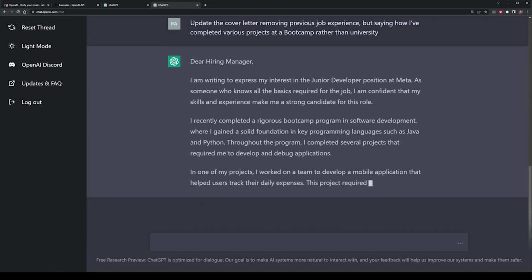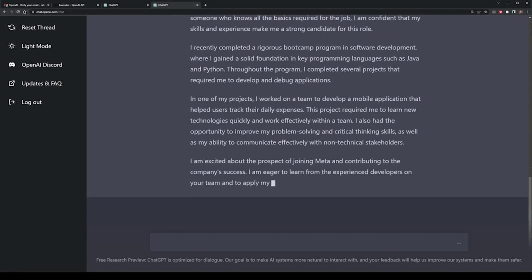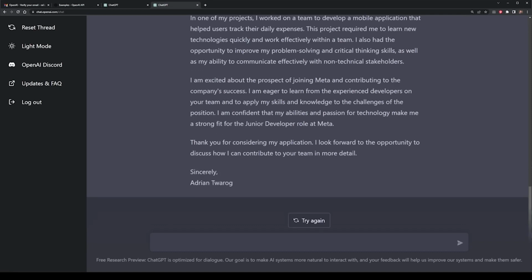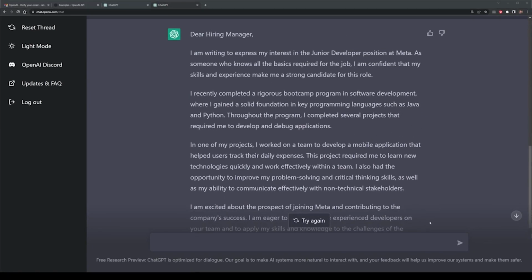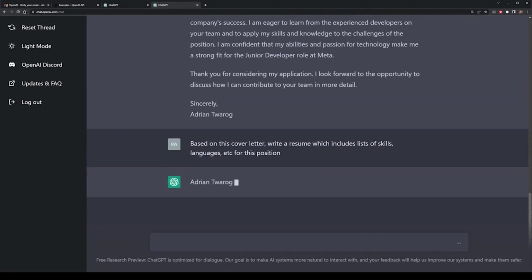The real trick here is to be specific whenever you're prompting ChatGPT to create an output for you, but in terms of that, it usually grabs the context of what you're saying quite effectively as long as you write it in a clear and understood way. Let me continue this example. This time, based on this cover letter, I want ChatGPT to create a resume for me that I could maybe combine as part of this application. So I can simply write, based on this cover letter, write a resume which includes things like skills, maybe work experience, maybe even other things such as languages or etc. Based on the context of this, I'm applying for the same position, and let's have a look at what GPT